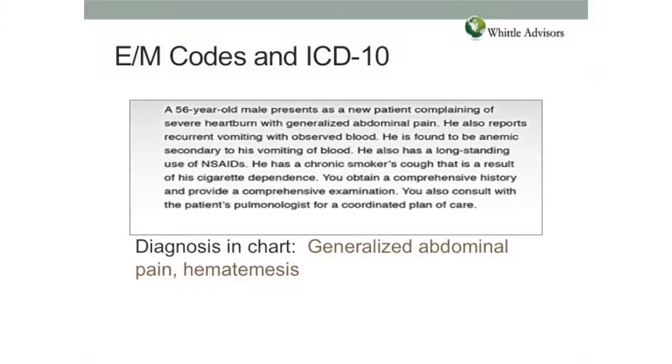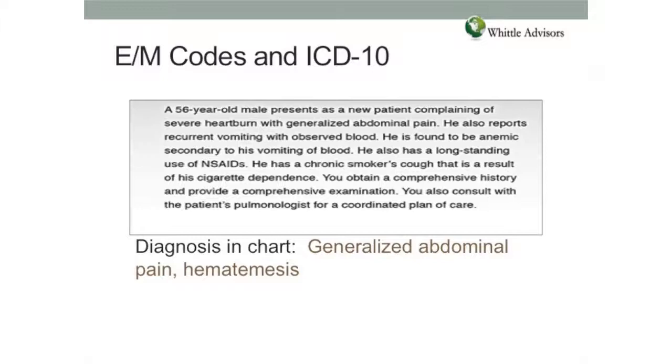Okay, let's take a look at the EMM codes. We have a case study here. It's a 56-year-old male. He presents as a new patient complaining of severe heartburn with generalized abdominal pain. He also reports recurrent vomiting with observed blood. I'm going to try to be cautious and not to read the whole thing